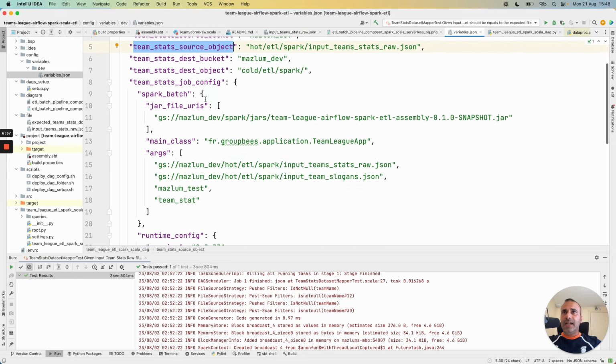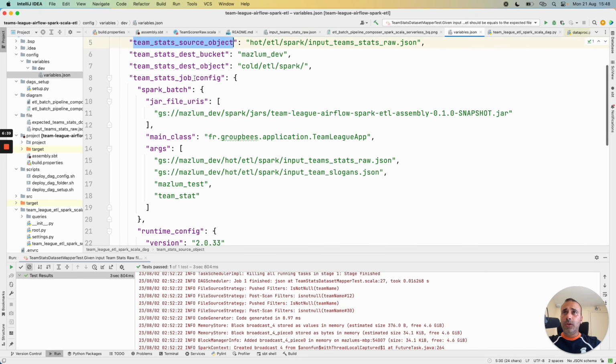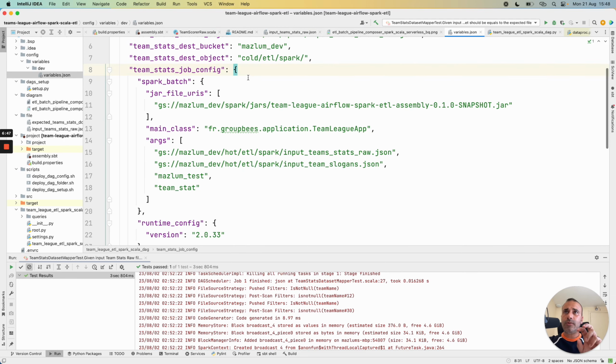Then we have all the configuration dedicated to the Spark job. We have this node, Timstat job config, and we have a standard configuration for our Spark job with Dataproc serverless.